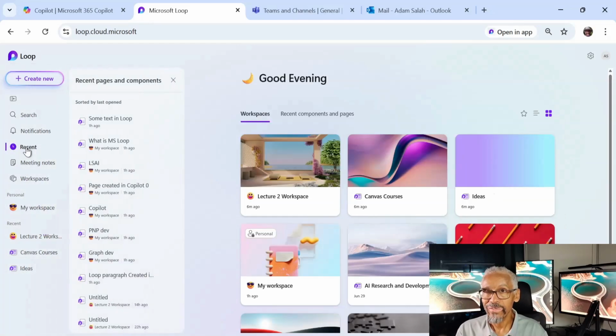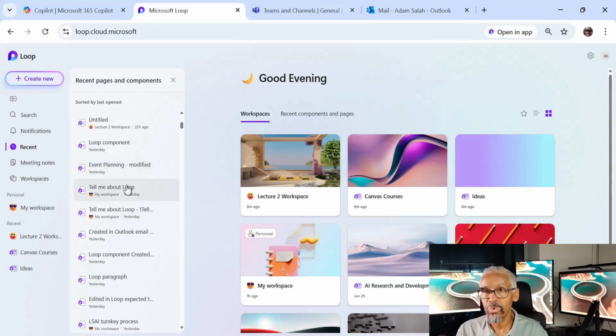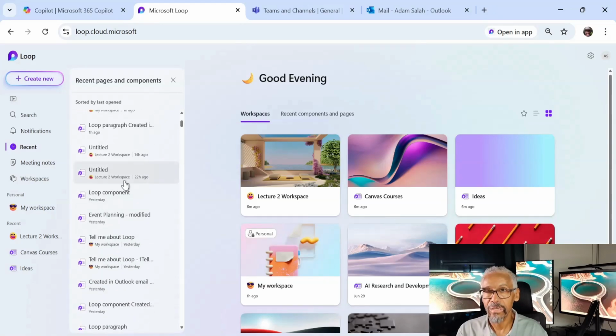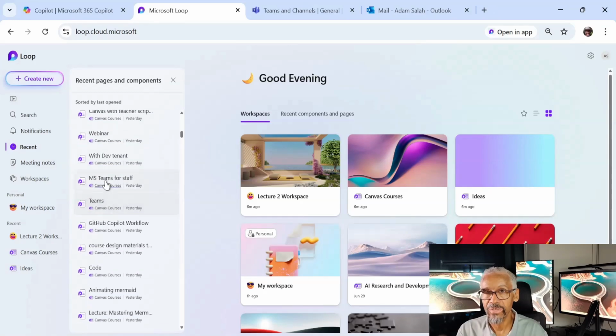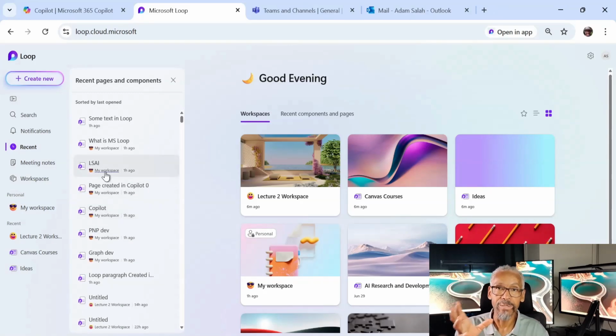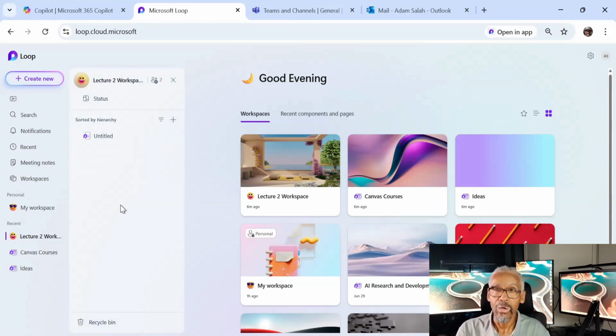We've got Recent here, which is all the pages that you clicked on over the last little while. And as you can see here, they're time-stamped and they'll tell you when they were modified. Back to workspaces, if I were to go into the one we just created called Lecture 2 Workspace, you will